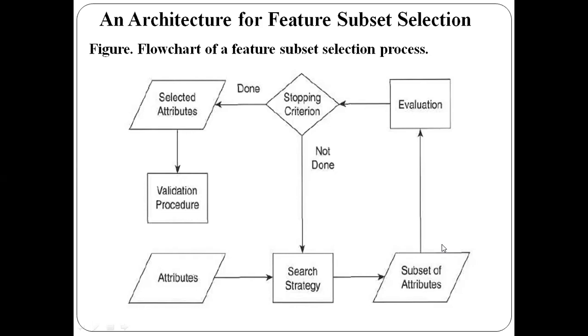In the same way, in the filter approach, we use a prediction metric to predict how well the data mining algorithm is going to work with the given set of attributes. But in case of the wrapper approach, we actually run the target data mining algorithm. To that target data mining algorithm, we give this subset of attributes as input, and we measure the result of that data mining algorithm.